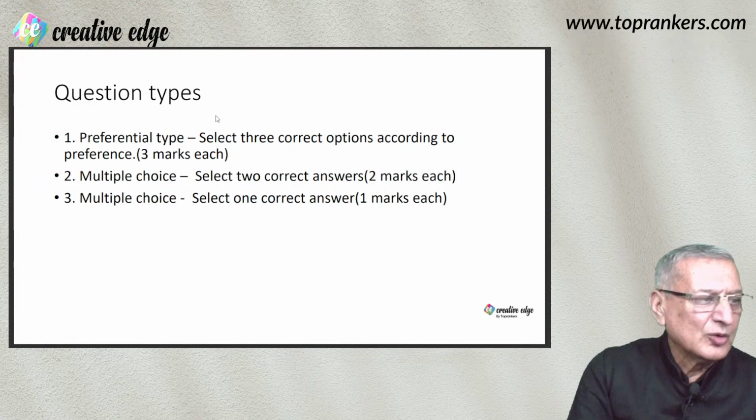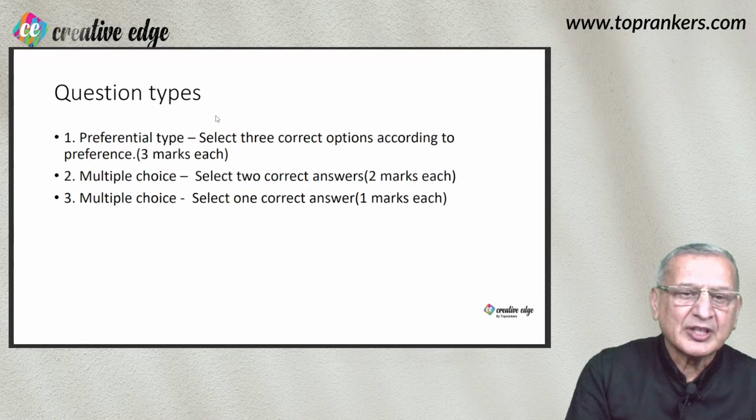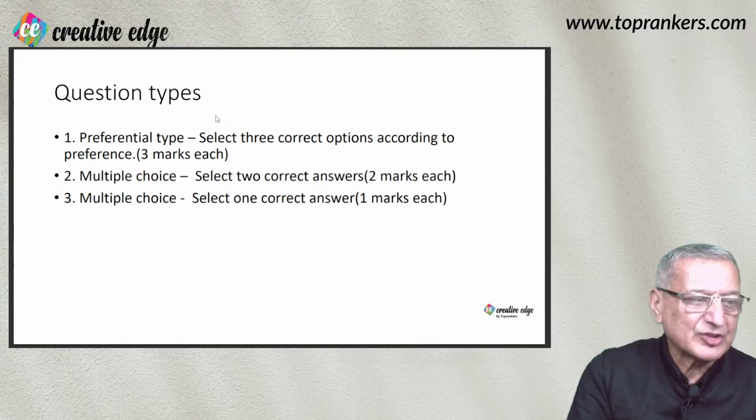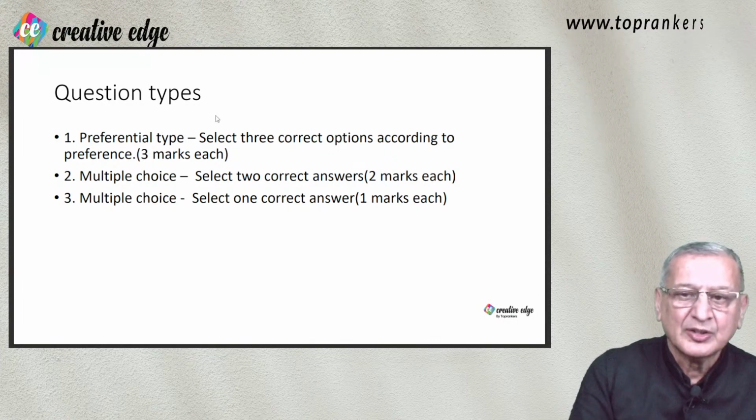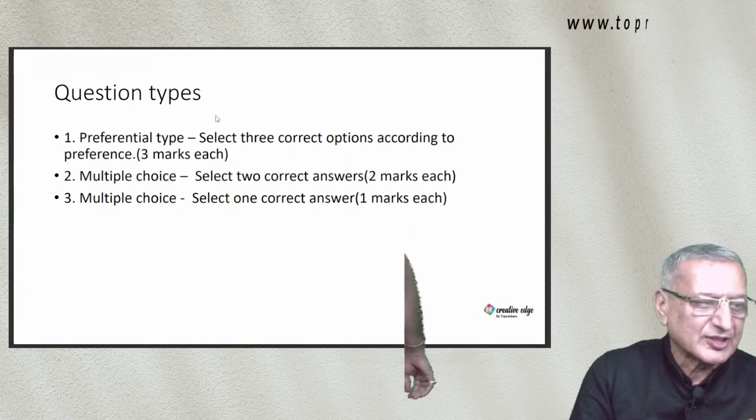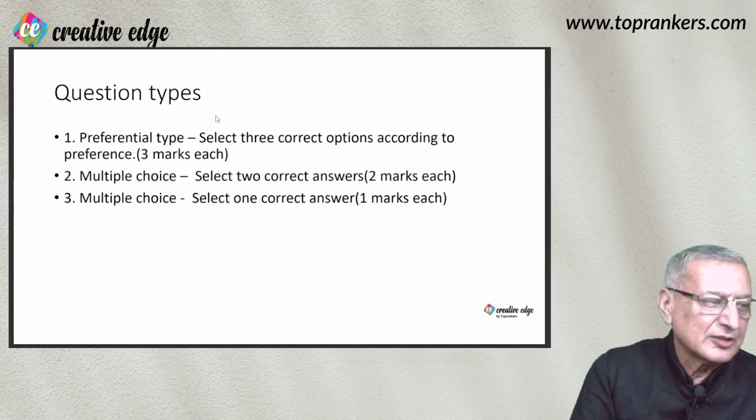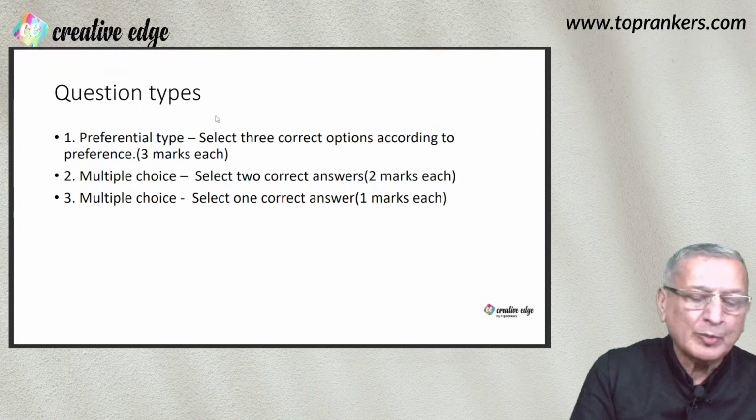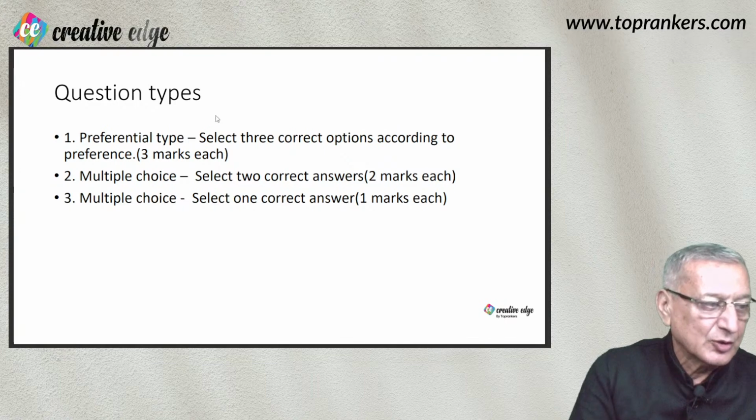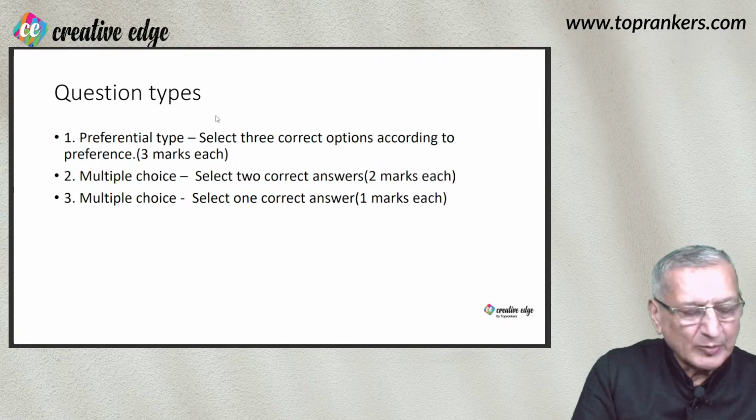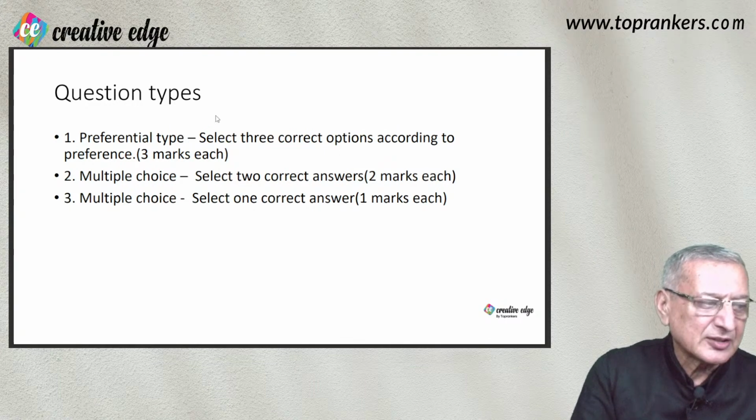Friends, as you know, there are three types of question in NATA as far as design is concerned. Preferential type question, that is select three correct options according to the preferences. That means the first preference, second preference and third preference. The second type of question will be multiple choice. Now, the preferential type is also multiple choice, as well as multiple